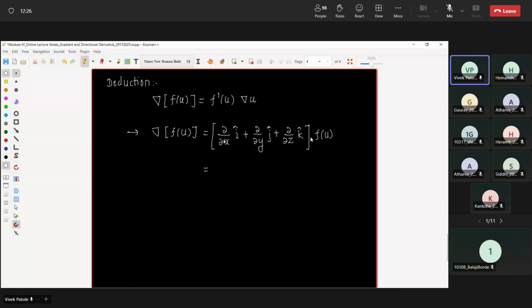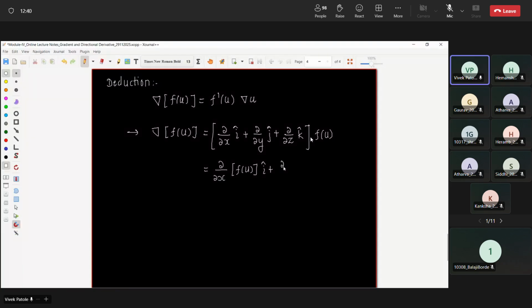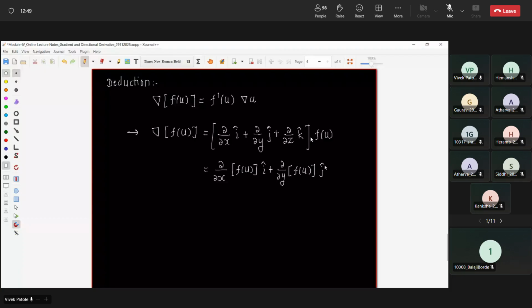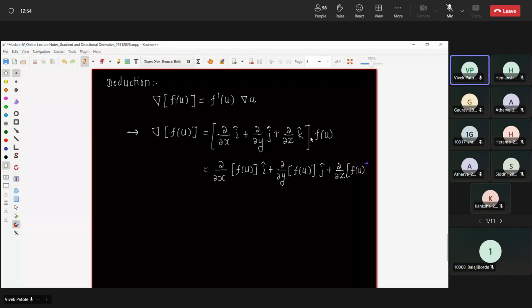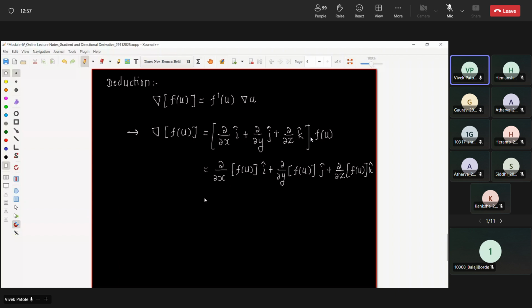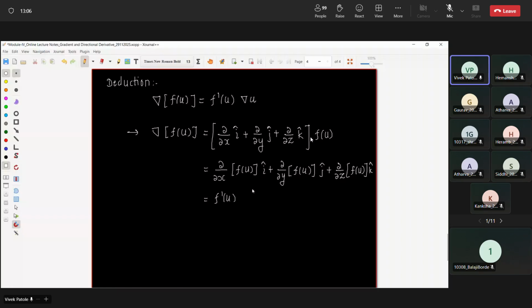We have to operate each of the operators on this f of u, so that we will have an expression of this type: ∂/∂x of f of u i cap plus ∂/∂y of f of u j cap plus ∂/∂z of f of u k cap, right? This is equal to, now the partial derivative of f of u will be what? f dash of u, and u is again a function of x, y, z, so it will be